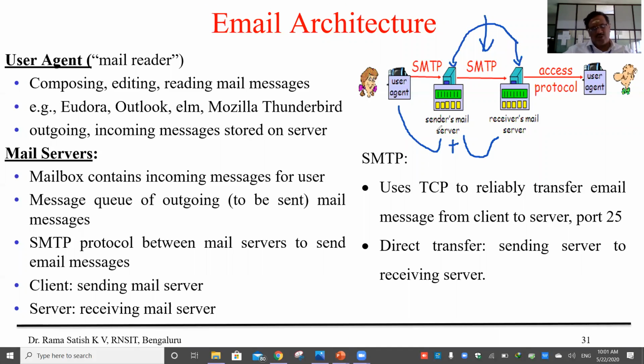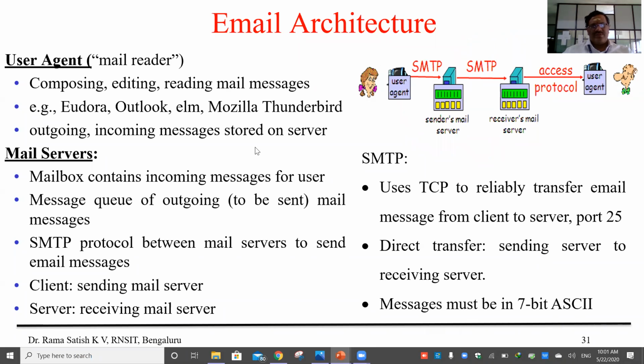So it does both the jobs. It's what it has been told in this particular point. And the message must be in 7-bit ASCII value. So all the characters are ASCII coded. Yes, of course. So characters we will be typing, and whatever we type, the message will be transmitted to the other receiving user agent. That is what you should understand.